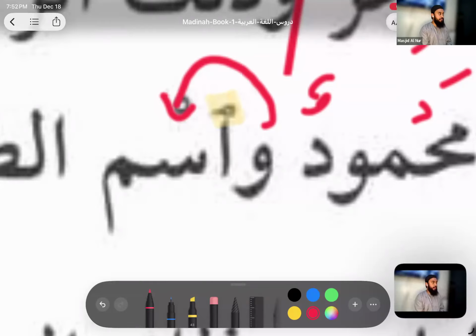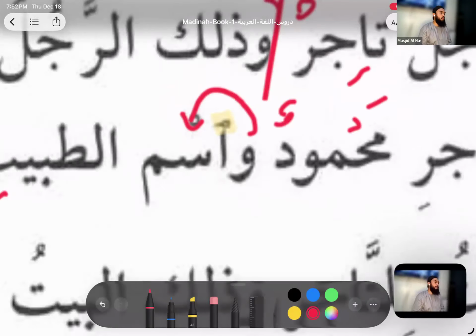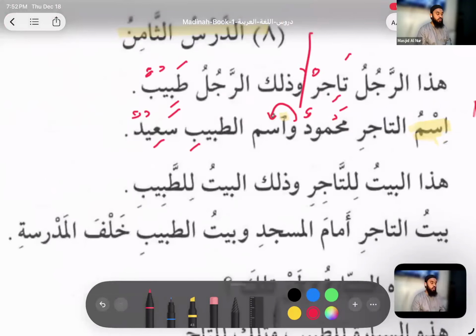Yes. Muhammad ibn. You don't have to say Muhammad ibn, no. Muhammad dubnu. You can say dubnu. You could directly join it with the ba, right? You don't have to say Muhammadun ibn. You cannot say that. So you could just join it. Wasmu الطبيب سعيد, and the doctor's name, the doctor. I don't gotta explain the part, right? We should know it by now. The and the doctor's name is Sa'id.